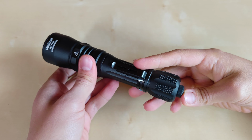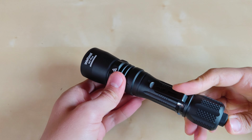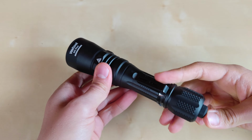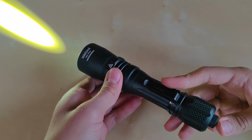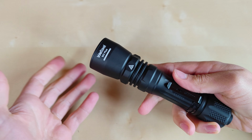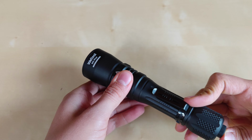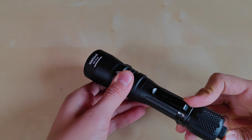You've got a single tactical switch that you can either momentary press or fully press, and you've got your momentary turbo mode or high mode, and obviously constant turbo output. But obviously Weltool also designed hidden modes like strobe mode and low mode. So in order to do that, you have to press it at least 4 times